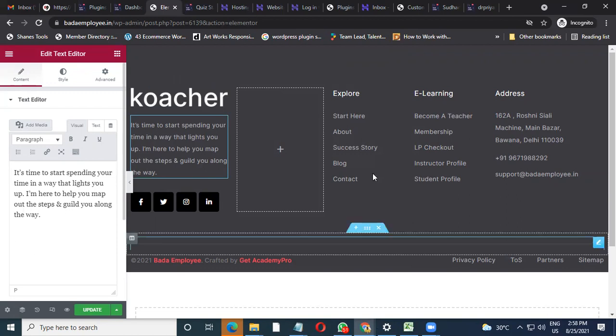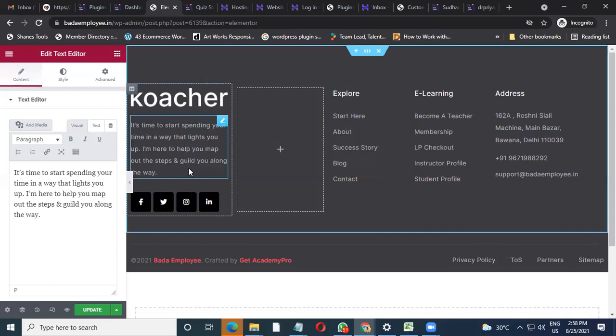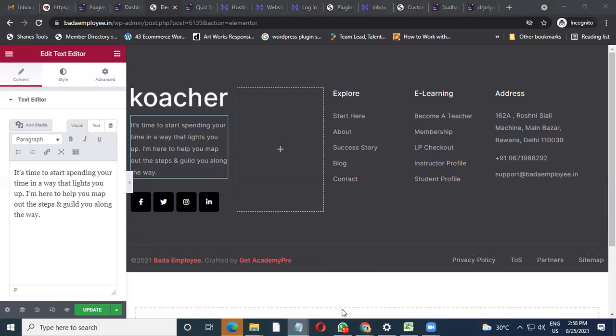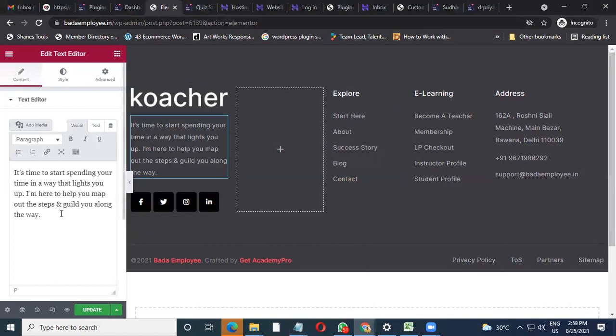Because we have a habit of copy pasting. You might have done content in Word or Excel or any other site. You are picking the content, you like it, and you want to publish it. What we do is we copy and try to paste it. Don't paste it directly over here in this particular area. I would suggest copy the content, put it in a text notepad, and from the notepad you can copy that content and paste it in the editor.